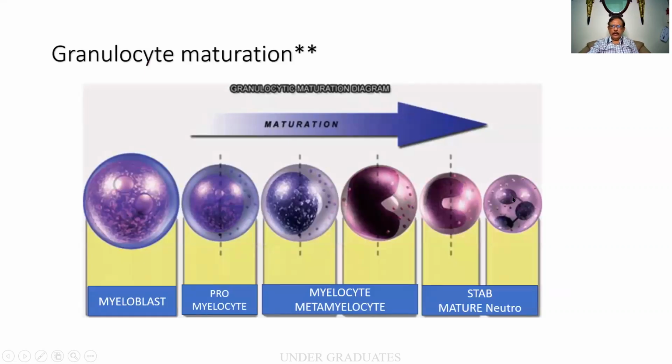What happens in the case of an acute leukemia is A for arrest. Maturation arrest will be there. So this is the maturation and these are the cells. Please understand. After the myeloblast and at the most a promyelocyte, there is an abrupt maturation arrest. We do not find mature cells in the peripheral blood. That is the hallmark of an acute myeloid or myeloblastic leukemia.